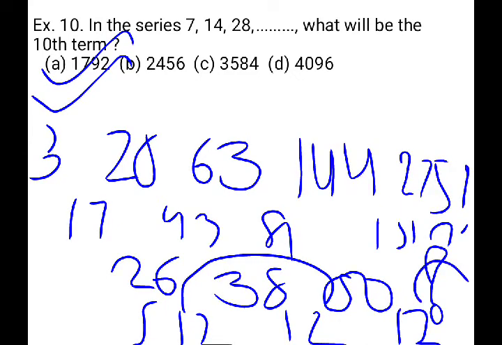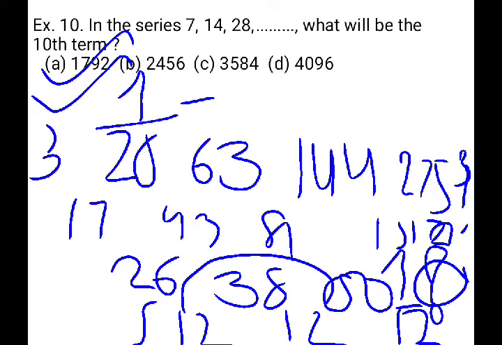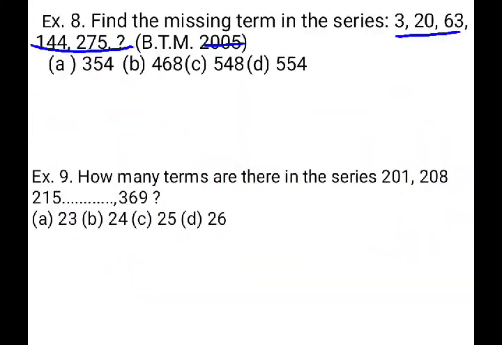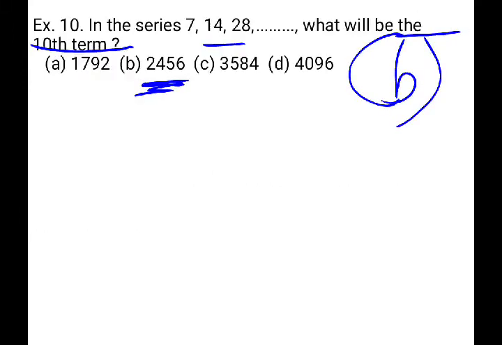Means here this question mark, we will represent this as first question mark, second question mark, third question mark. Now the first question mark is 50 plus 12, that is 62. The second question mark represents 131 plus 62, that is 193. Again the third, which is the major one we want, will be 275 plus 193, that is 468. Okay, 468 is the answer here. Answer B. Okay, so this is the process.